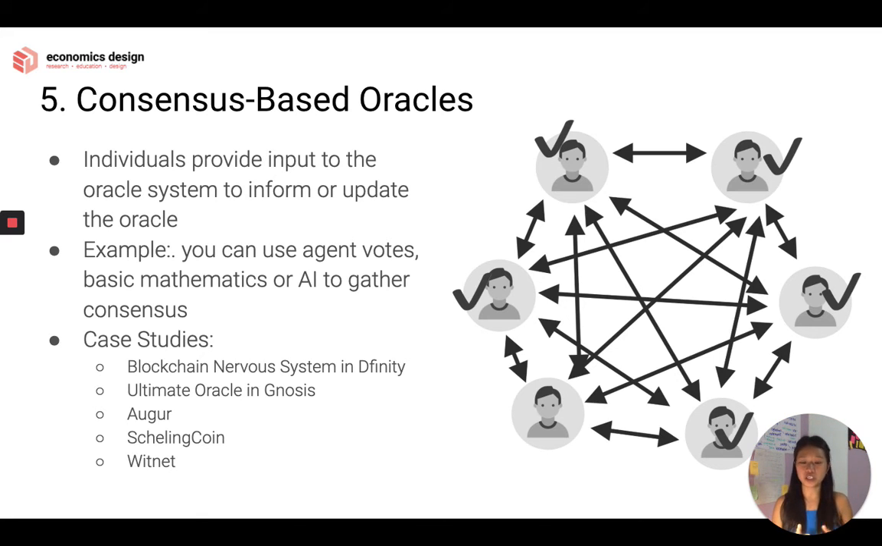The first one is the blockchain nervous system in Dfinity. The BNS is like a big brain for Dfinity, and it's part of their governance model. It makes decisions. It uses AI, which analyzes different decisions being made by different participants. So it's like an oracle, right? It gets information, and then using AI, it decides what is the best decision moving forward, and it will be making decisions moving forward as well. So that's Dfinity. Then there's Ultimate Oracle in Gnosis,